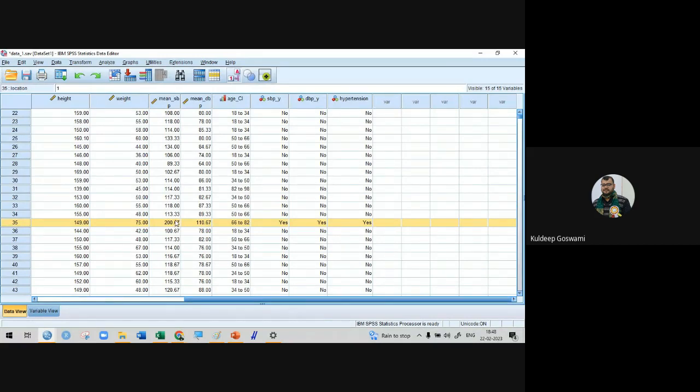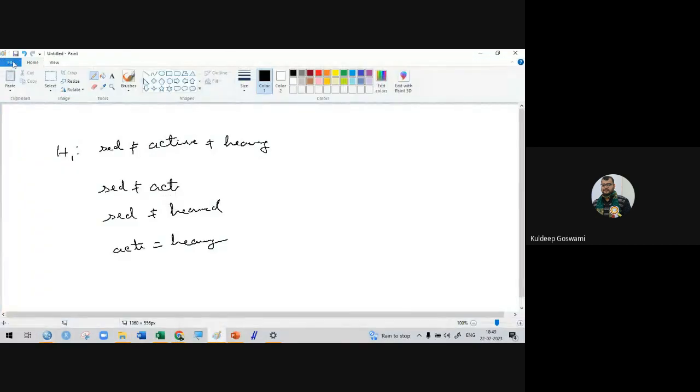Here the SBP is 200 and DBP is 110. So why are we assigning this respondent as a hypertensive patient? Okay. Now we want to check whether there is any kind of association between